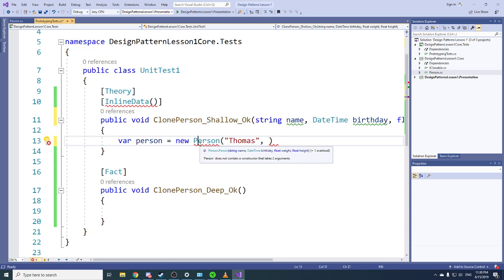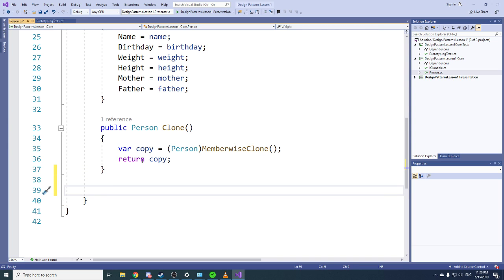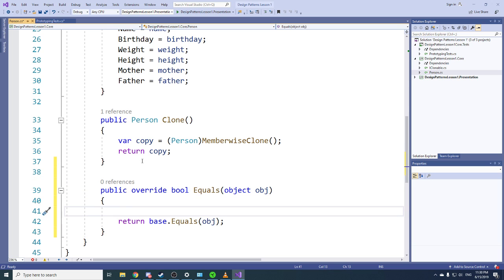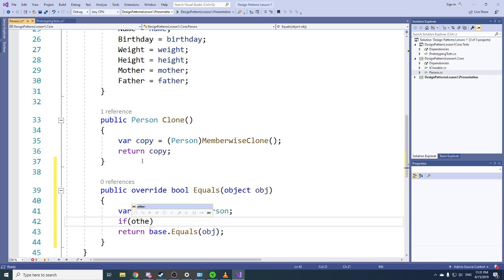So for the sake of clarity, let's have an equals override. If object is not... I think I could do pattern matching, but I don't remember syntax. I'll do it like this: var person, var other is object as person, and then I say if other is null, return false because they're of different types, and